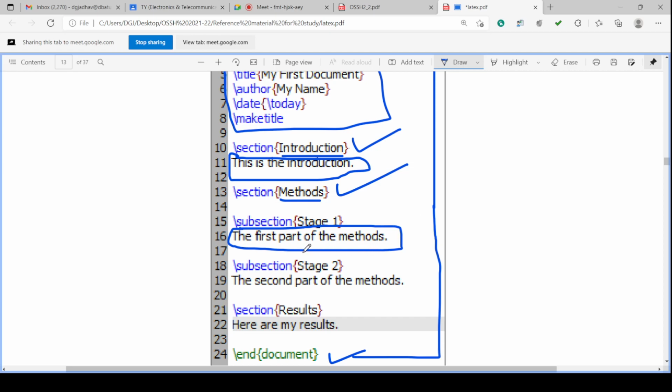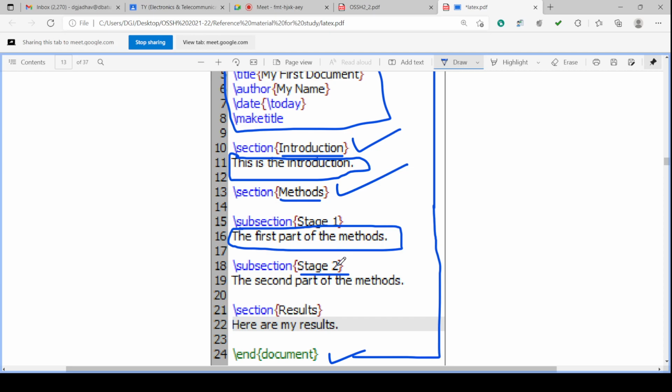So you can have the first part of the method, or whatever text you want to put there. Then under the next subsection, stage 2, suppose its name is stage 2, you can give any name, or any part 2 name, or whatever name you want to give for that section.